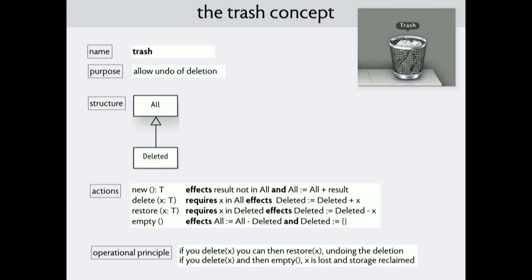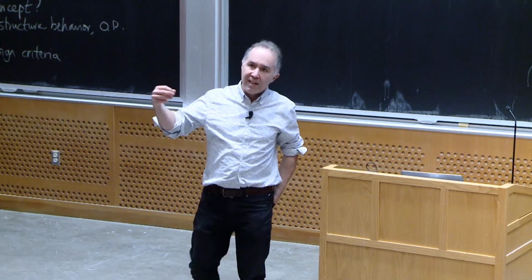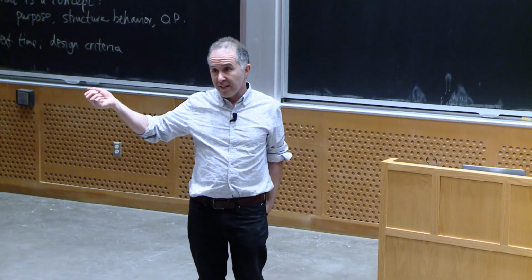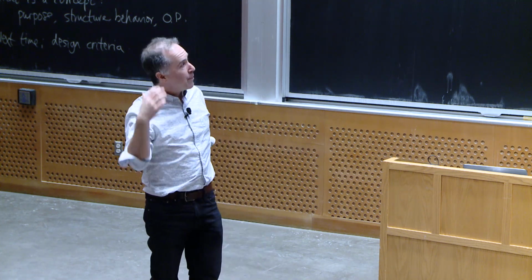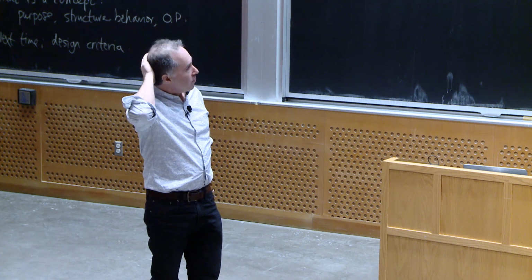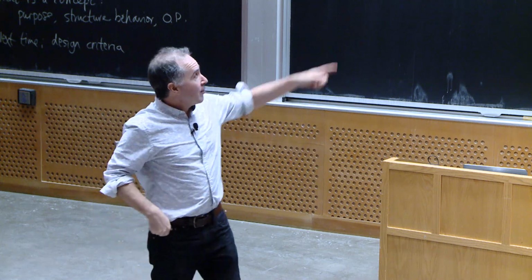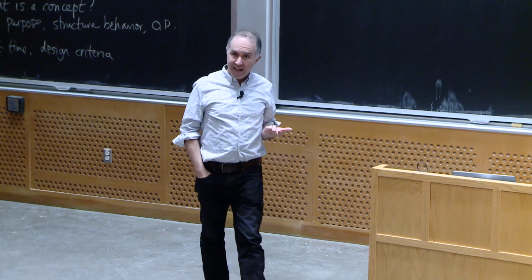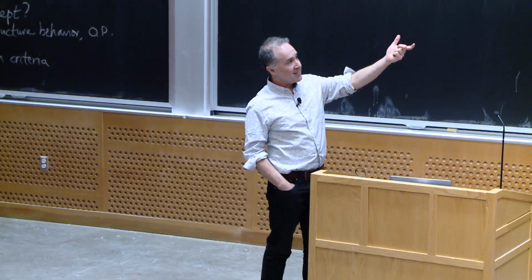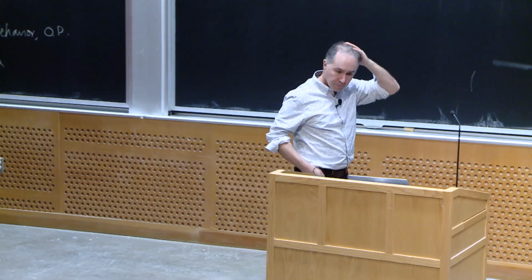That's actually really two scenarios, and that's sometimes the case for an operational principle. But the point here is that I've given some very simple concrete scenarios. Now, they're actually slightly generalized, because I haven't told you what kind of thing you're deleting, right? But notice that I'm not explaining all the cases, and I'm not telling you what happens if you delete it, restore it, and then delete it again, right? So I'm not giving the full behavior. The full behavior is defined by the actions. I'm giving you a scenario that motivates the design, that motivates the purpose. It explains this is how you undo the deletion, right? Once you've deleted it, you can restore it.